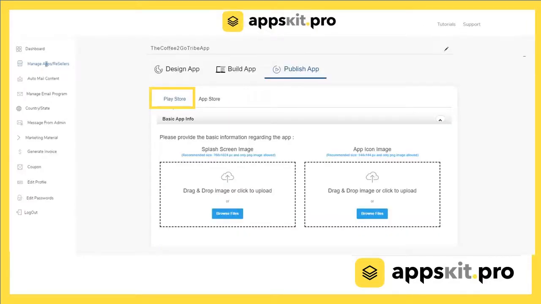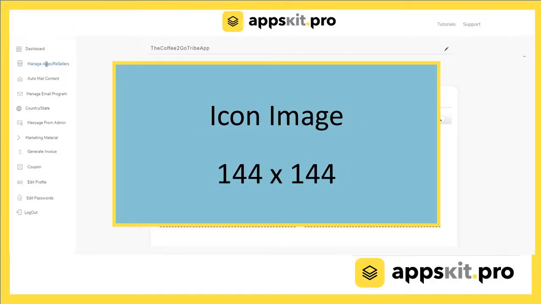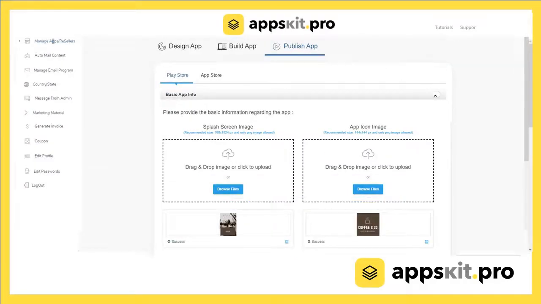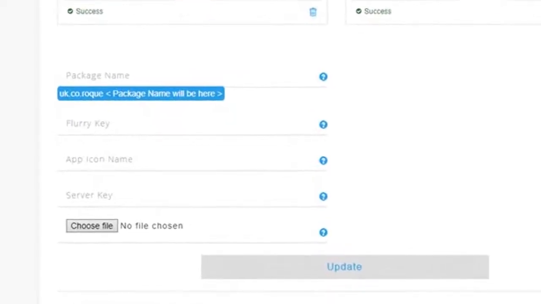Okay, so now we're going to navigate back to the Play Store for the Android, and we're going to upload the images we need to publish to Android. So we need a splash screen 76 by 1024 pixels, and we need an icon image 144 by 144 pixels. Select Browse the Files, get the files that you've already prepared, upload them, and you should then see the success message. And just below that, you've got the information that you need to fill in,